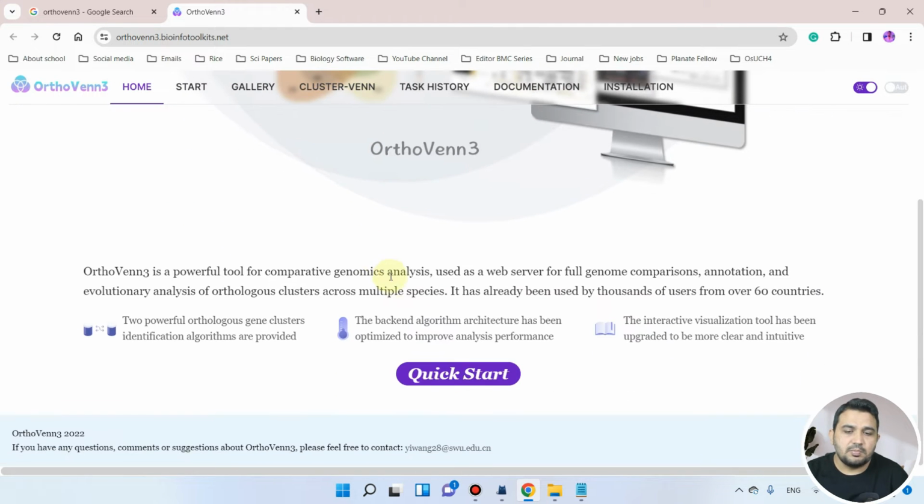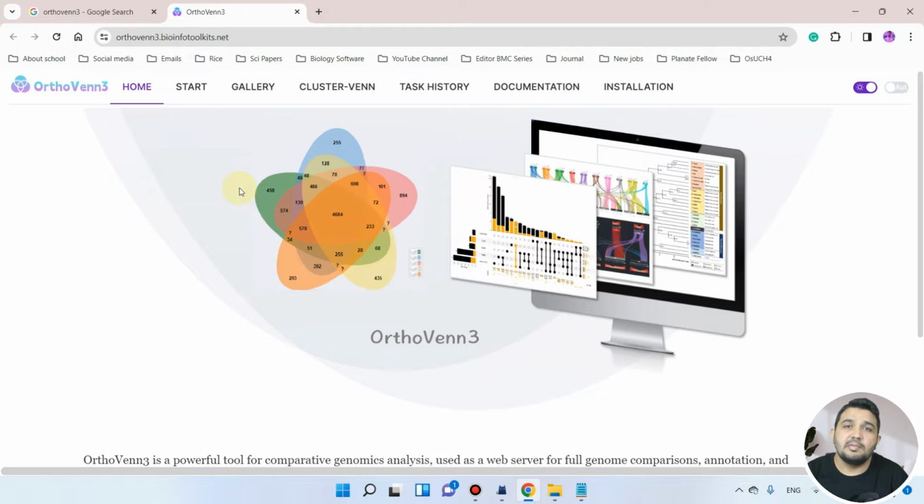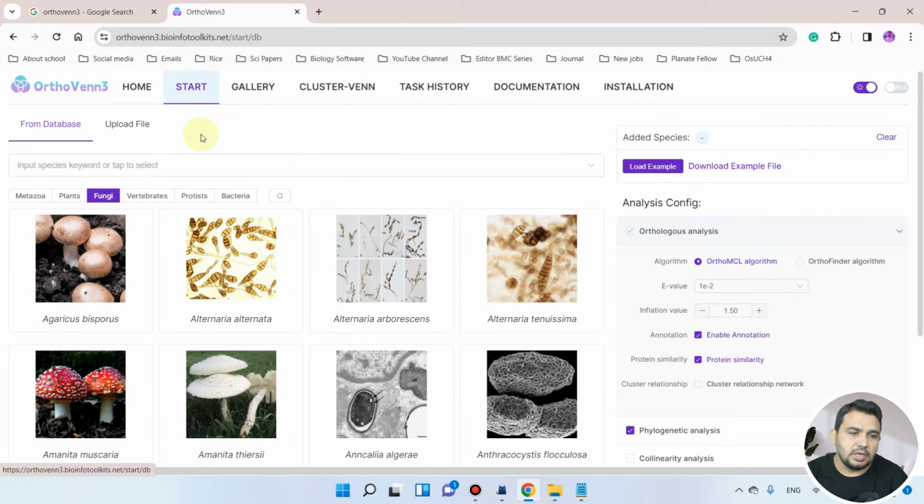By using this website, we will be able to find how many orthologs of this family there are in the Arabidopsis and rice genomes. First of all, we can go to the start tab. Here are the different options like metazoa, plants, fungi, vertebrates, protists, and bacteria.